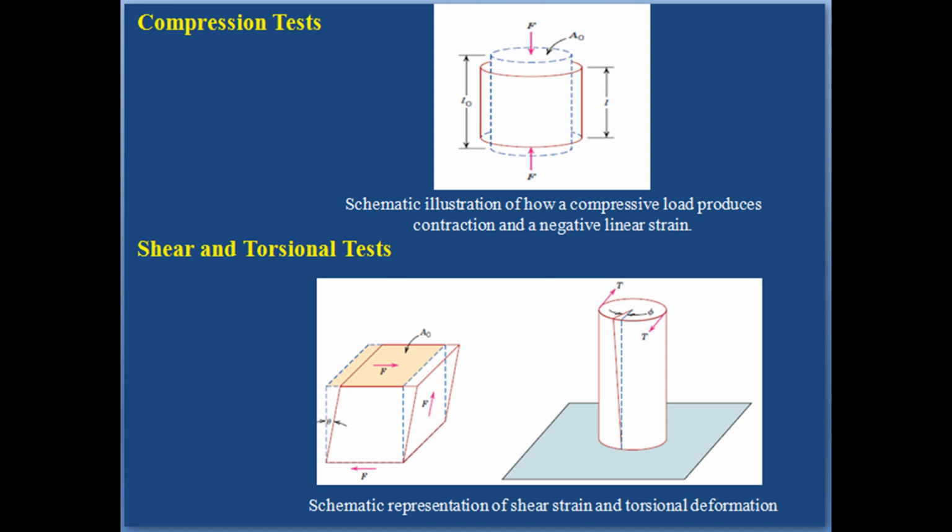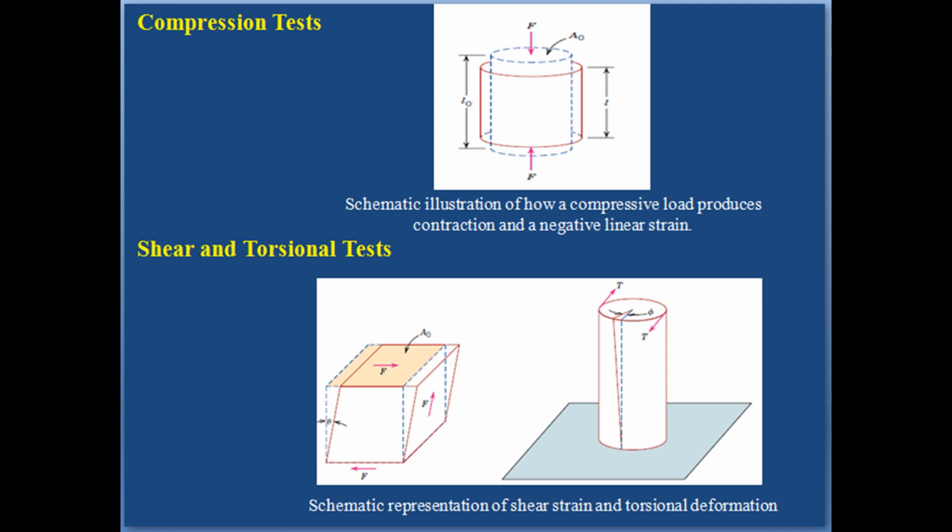Tensile tests are more common because they are easier to perform. Also, for most materials used in structural applications, very little additional information is obtained from compressive tests. Compressive tests are used when a material's behavior under large and permanent strain, that is plastic, is desired, as in manufacturing applications, or when the material is brittle in tension. This is all about the compression test.